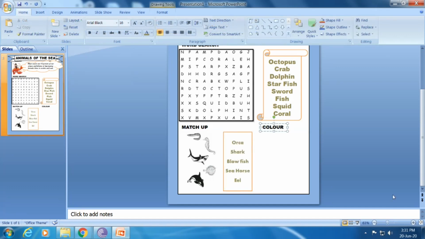Last but not the least, I feel that we could include a coloring activity. Some kids are visual learners and some kids are kinesthetic learners. That means they learn by doing. And I'm sure all kids enjoy coloring. So we can go to Google and search for a black and white outline of any sea animal. You will find thousands of images there.